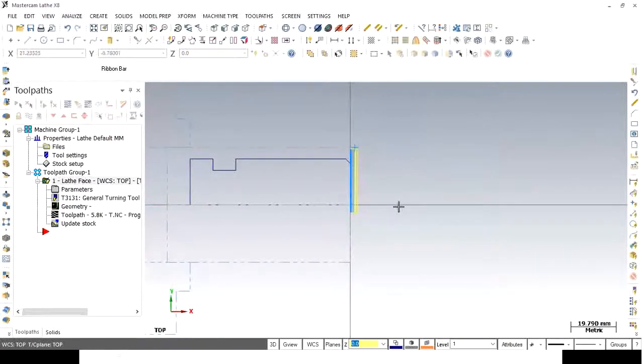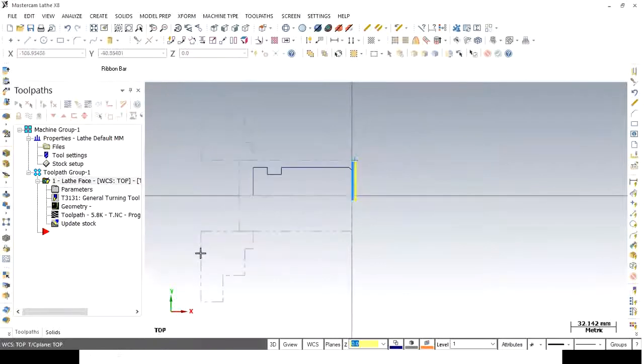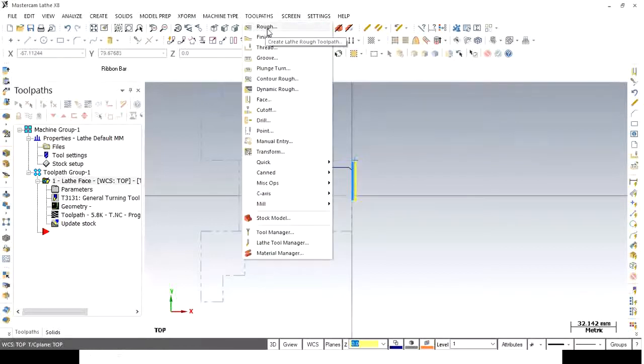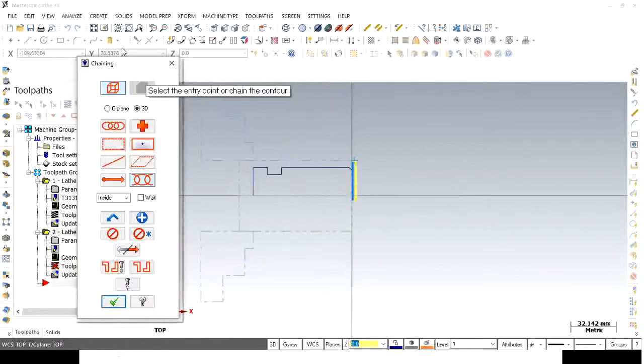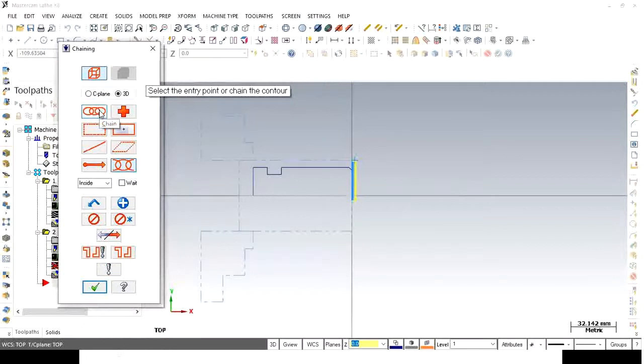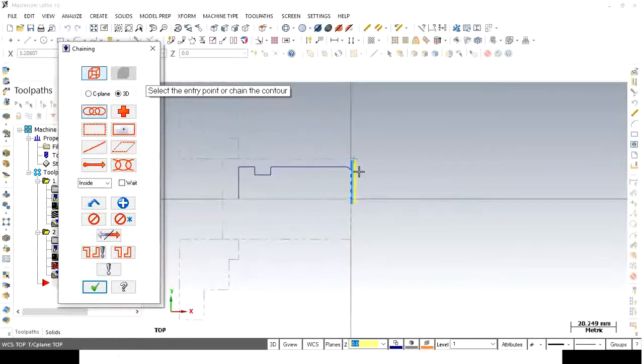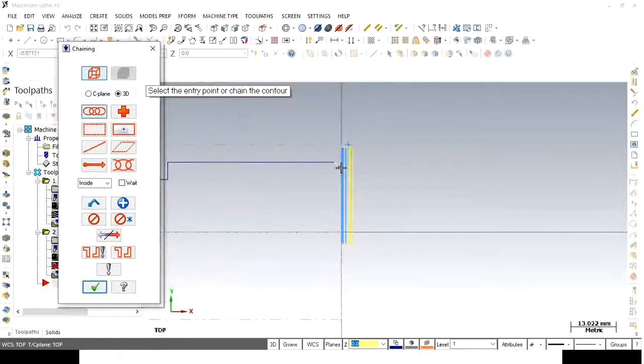So in this way the facing operation is applied. Now the next operation we have to apply is rough turning. So again click on tool path. Don't select this rough turning; you have to select the canned cycle operation. So select roughing canned cycle. This new window will appear. You have to select the chain. So select this chain, and from which point we have to apply the rough turning, that first point you have to select as an end point. So the first point is from this location. At this point we have to select the first point.